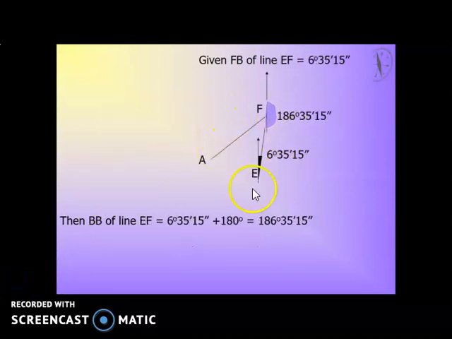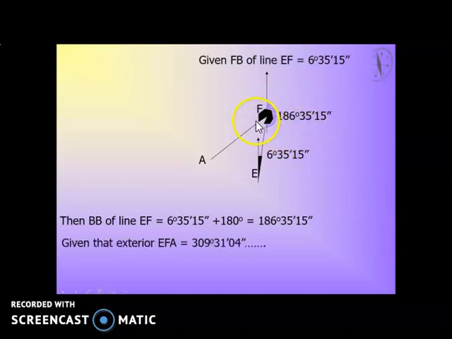So you do the same thing. Draw the lines EF and FA. Make use of the forward bearing of the line EF that you have calculated. So again, you calculate the backward bearing of the line EF, which is this angle shaded in purple here, 186 degrees, 35 minutes and 15 seconds. And